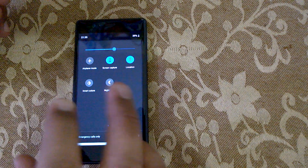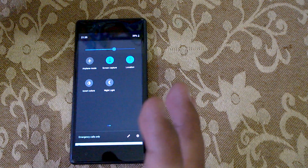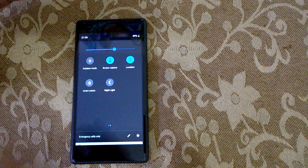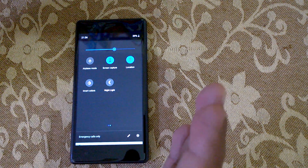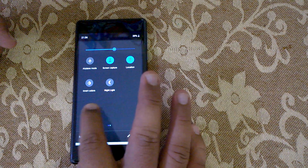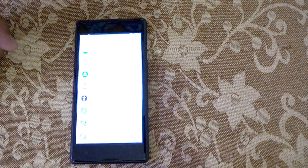So actually, adaptive brightness starts remembering what you have set, and accordingly it will set the brightness. So it will use its intelligence to adapt to the surroundings, but it will also remember your choice. So that's how it works. Now one more thing that I wanted to show you is that if you go to display,